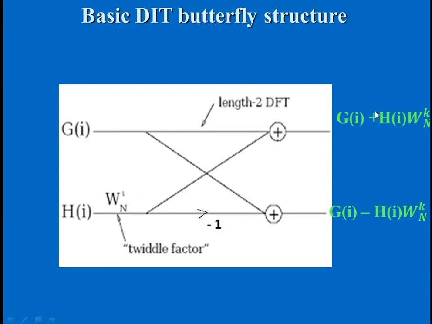To obtain this equation, the first thing is to multiply the twiddle factor and the odd sequence together, and add this to the even sequence to obtain equation number 3. For equation number 4, we multiply them together and subtract this from G of I, the even sequence. Now we'll see the formation for this. If we multiply this and add, we have a summation sign over here. If you add, we get equation number 3.